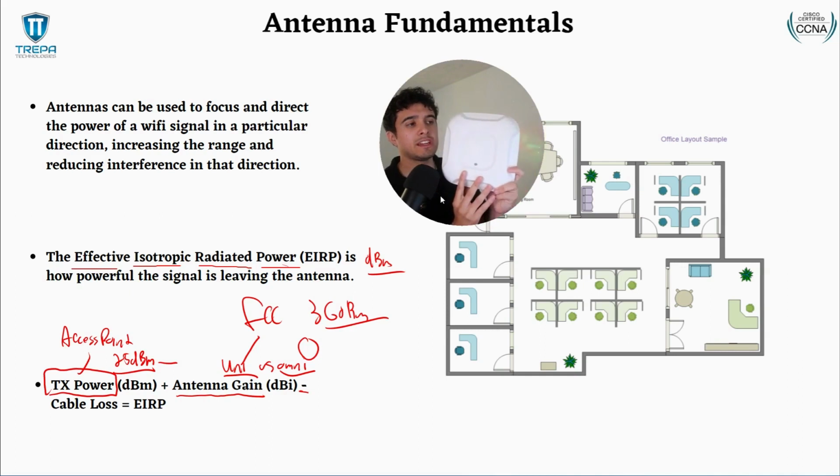But you see in here, there is probably no cable loss when we're talking antennas in this access point because it's all internal, and that antenna probably just sits on like the board of this access point. However,